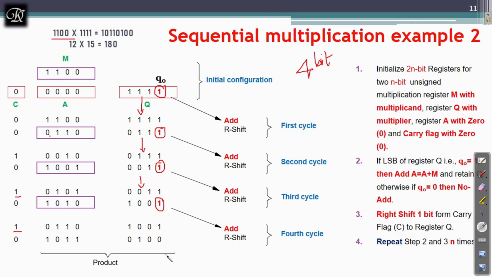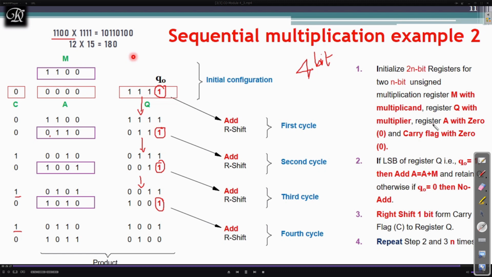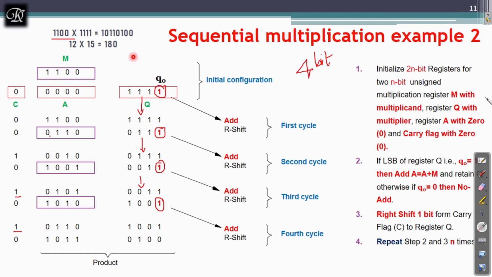And what if the numbers given are one 5-bit and the other 4-bit? What to do? Then convert the lower number of bits to the higher number of bits. I'll take a simple example, not explaining the complete example. Consider I have got a 17. 17 is 0 1 0 0 0 1. This is 17. And I have to multiply this with, consider, 12: 1 1 0 0.